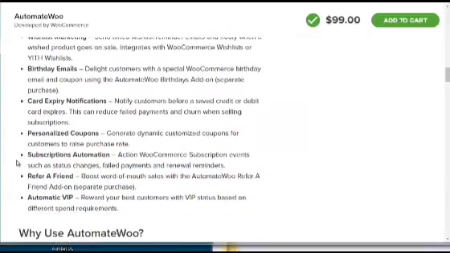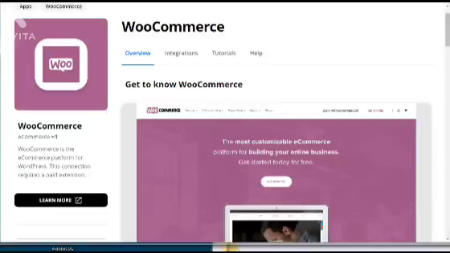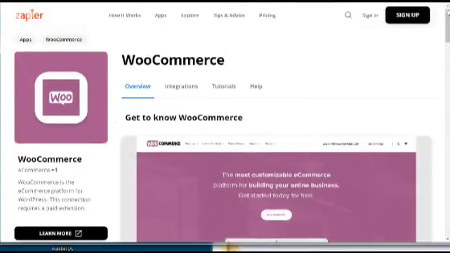Now, bear in mind, this is an e-commerce site, so a lot of these can actually be used for memberships as well. Now, in terms of WooCommerce, if you're just using WooCommerce by itself, you're not using memberships or subscriptions or anything like that, you're just selling products. Another option that you can take to automate specific tasks that you need is simply by going to Zapier. So we talked briefly about this in the previous video. That's